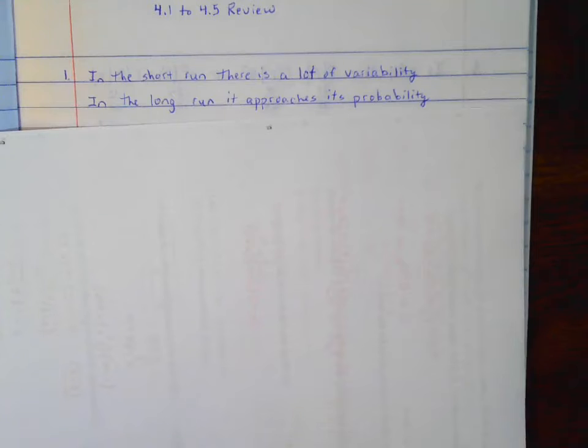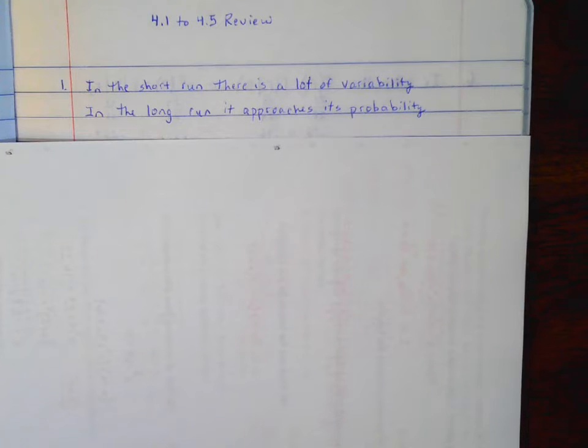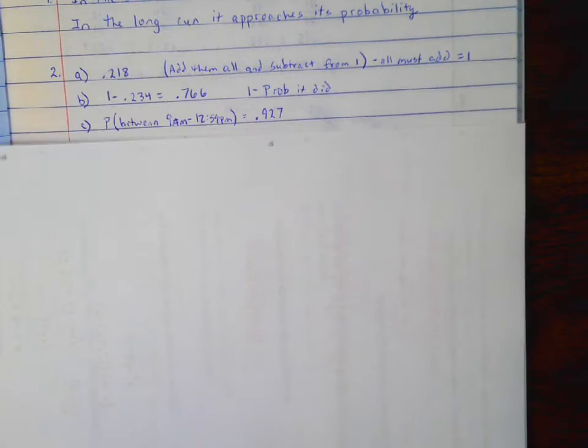This is a chapter 4 review. In that graph, in the short run, in the beginning of that graph, there was a lot of variability, right, up and down quite a bit. In the long run, though, it evens out to be the true probability of what that player shoots. Okay, and number 2,